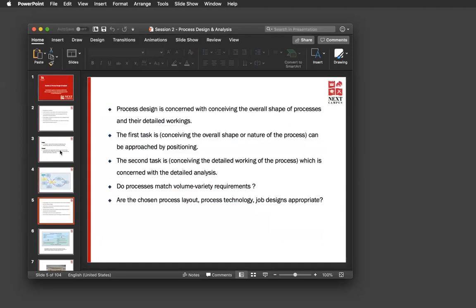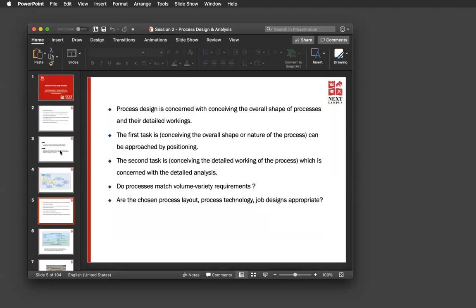So the first task is to position the process. Where is the process positioned in your own organization, in your operation? And the second task is analysis of the process. Now, the decision as to how you are going to position the process, how you are going to design the process,